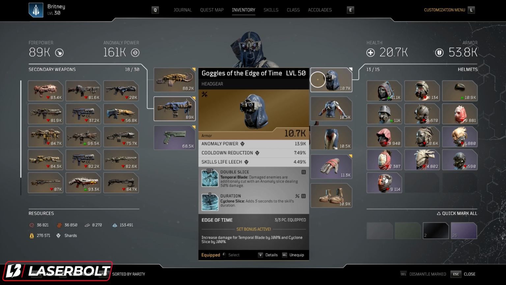So the main thing you want to focus on, whether you get blues or purples, is to make sure the attributes are exactly like these: anomaly power, cooldown reduction, skill life leech. Reason why we want to stack up anomaly power, as you guys see, 161k anomaly power, is extremely important. That's where our damage is coming from. Cooldown reduction is allowing us to keep our skills active constantly, every 6 seconds. Skill life leech, of course, we are getting our health from skills. We are just using the primary amount of skills: Temporal Blade, Cyclone, and the Venture Knife. So it is extremely important that we get our health back from these options. So if you're running blues and purples, you want to make sure you get your anomaly power, your cooldown reduction, and